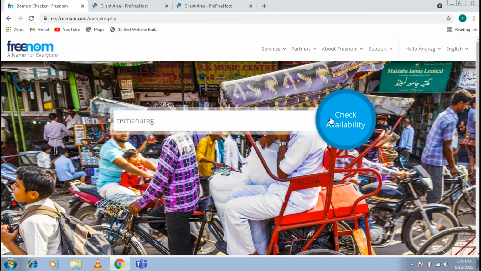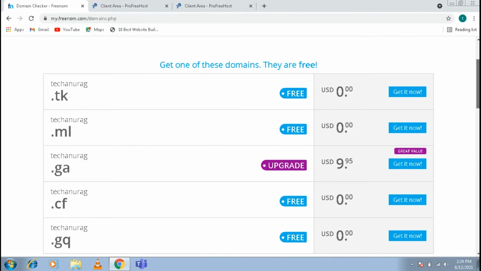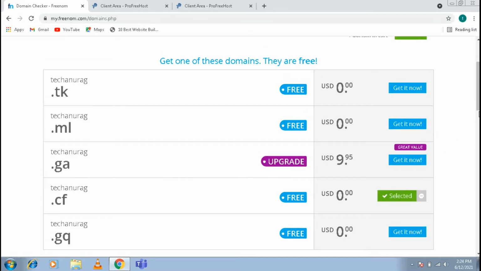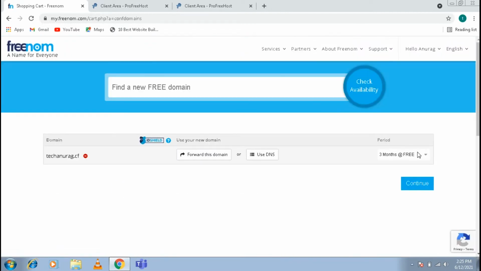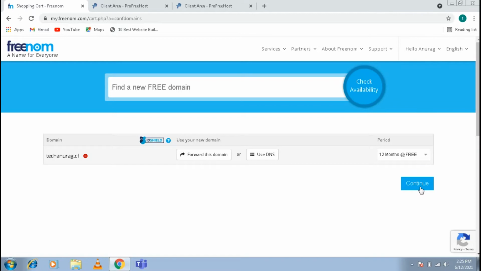And now it may load in some time. You may see here it has been loaded, and I will choose the .cf domain. You may choose any and click on get now and go to checkout and set this for 12 months and click on continue,